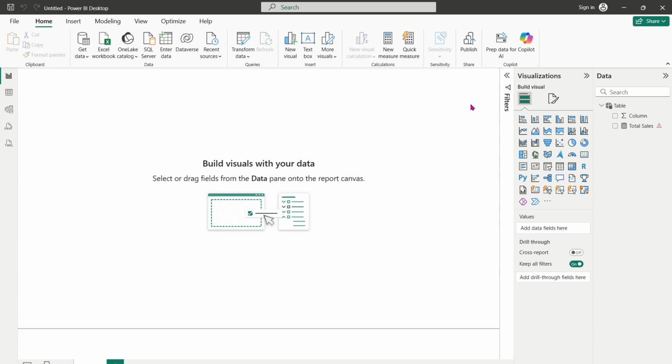Once you're all signed in and everything is set, by clicking Publish, Power BI will prompt you to select a workspace for your report. Workspaces are essentially environments within Power BI where you can collaborate with others. Choose the appropriate workspace where your report will be viewed or edited by your collaborators. After selecting the workspace, Power BI begins to upload your report to the service. This may take a few moments, depending on the size and complexity of the report. Once the upload is complete,